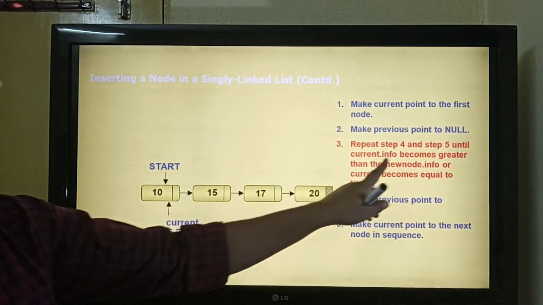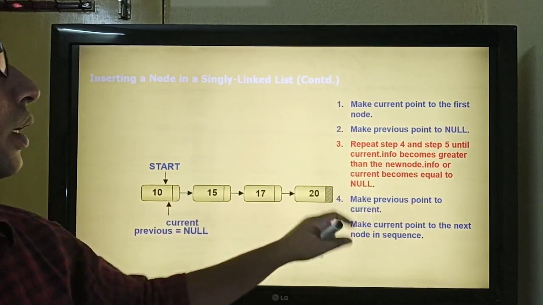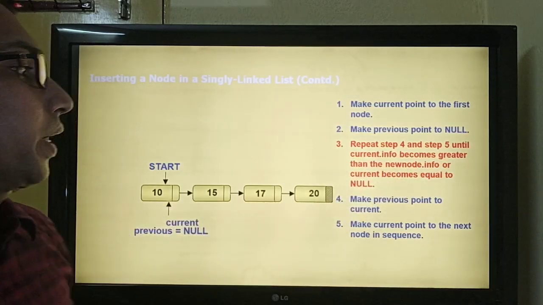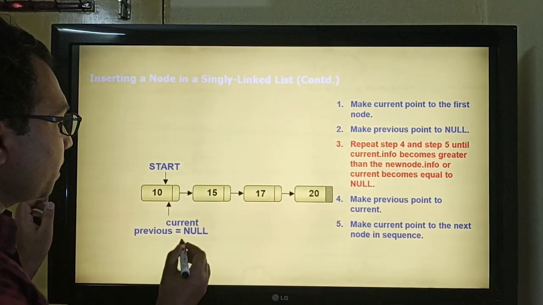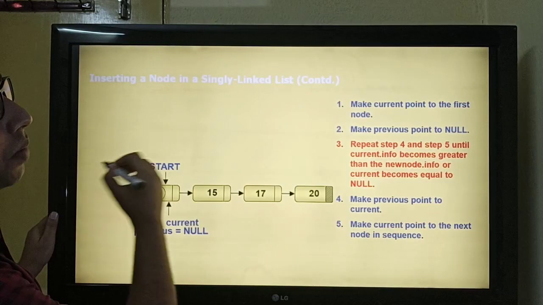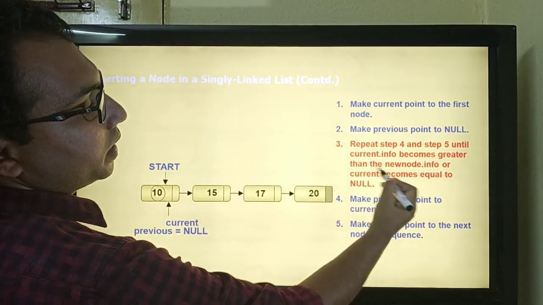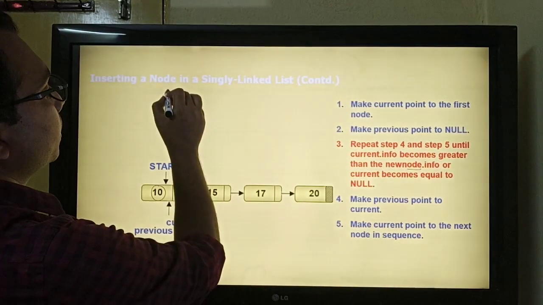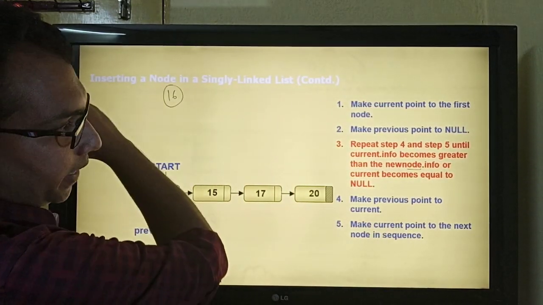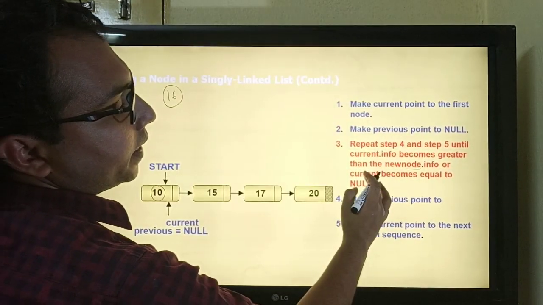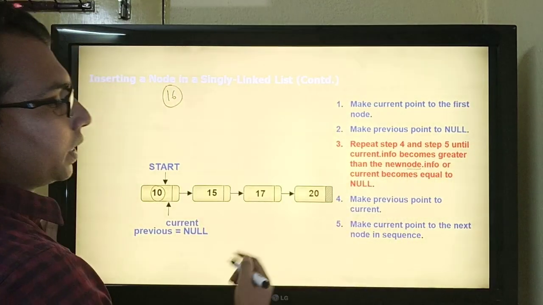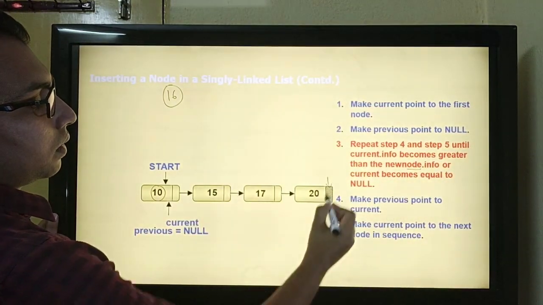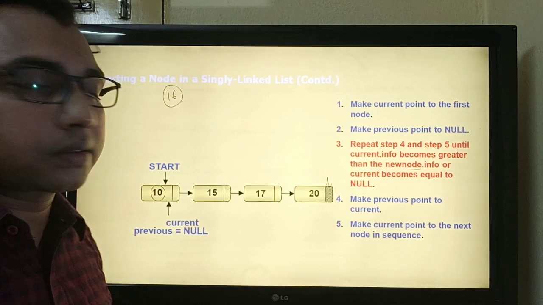Now repeat steps 4 and 5 until the current.info, meaning the information held by the current node, becomes greater than the information held by the new node, that is 16, or the current becomes equal to null, that is the list ends.